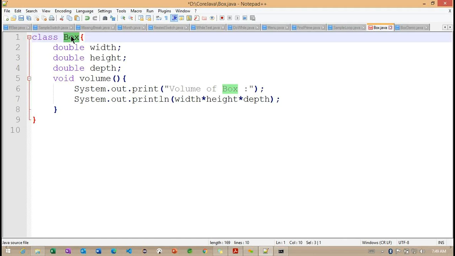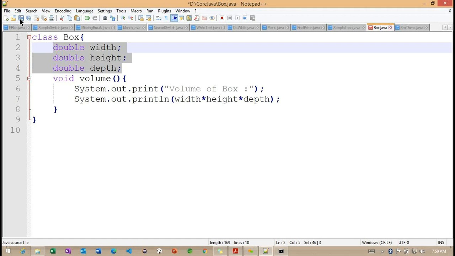This is very important. We need to understand that we are inside the same class, so without any reference we can access the variables here. Only we need to understand how these values are reflected into these three variables.